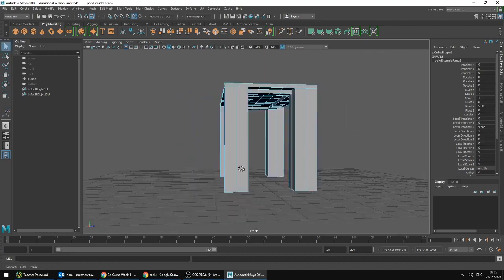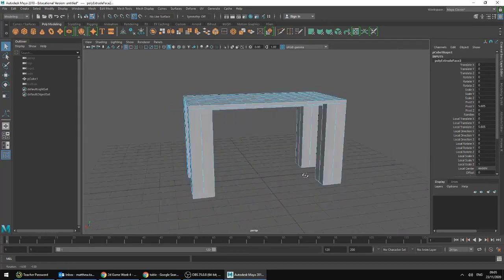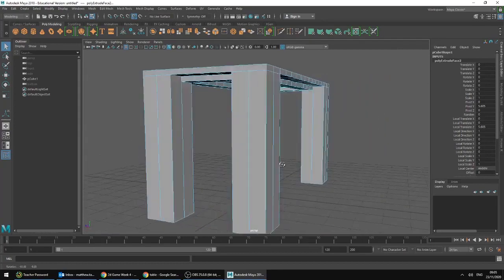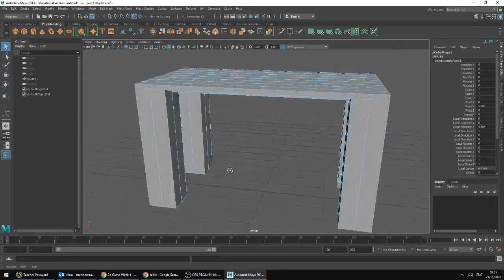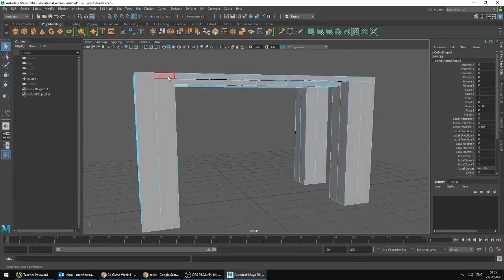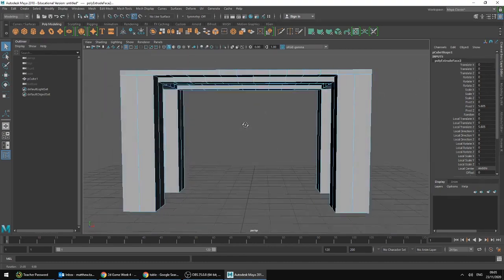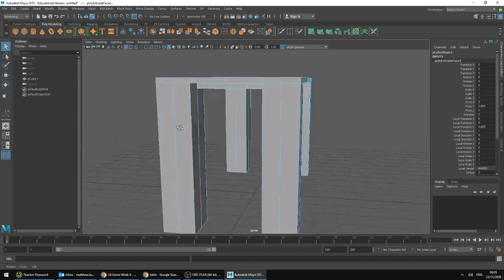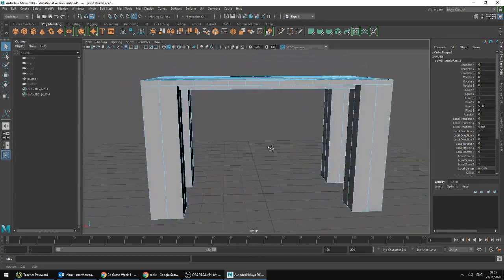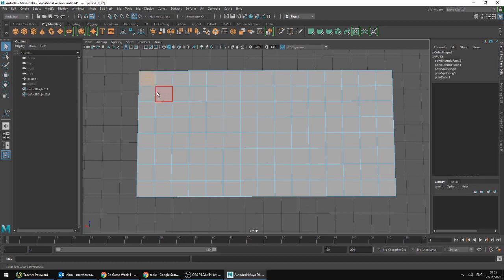And I can have a look around my model. I've got a lip, I've got legs, and again, looking at that here, I would say the legs are probably too big in comparison to my tabletop. The tabletop probably needs to come up a little bit for me to be happy with that. Now I could do that right now. I just select